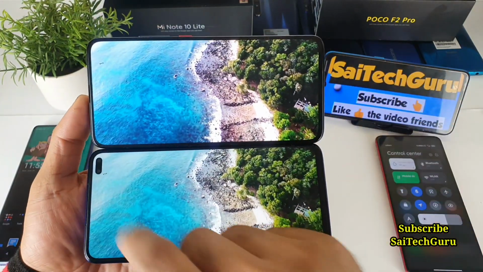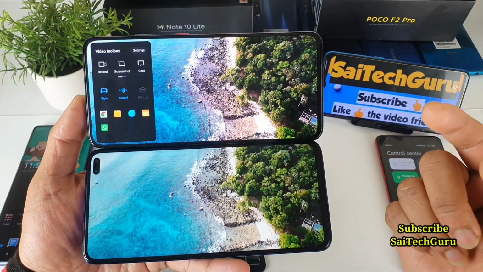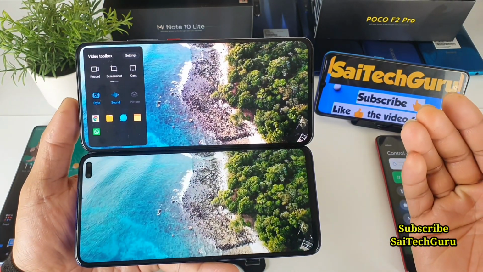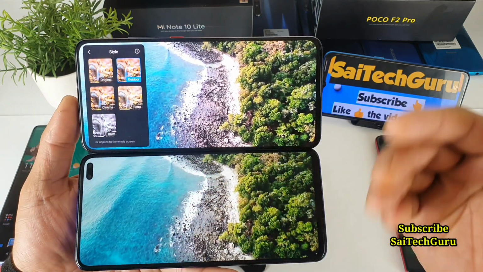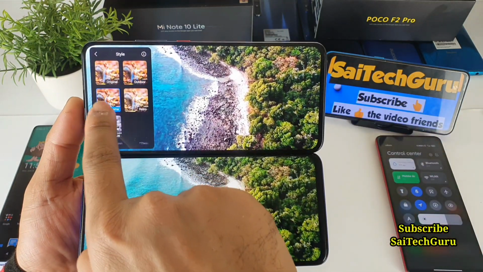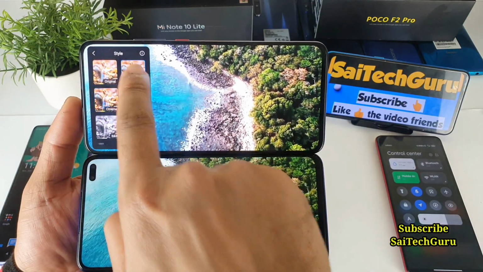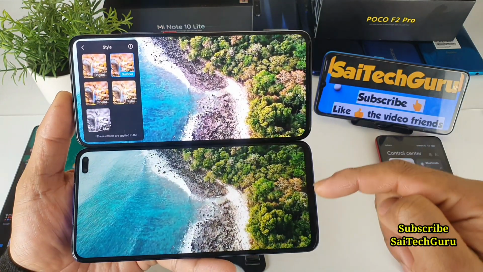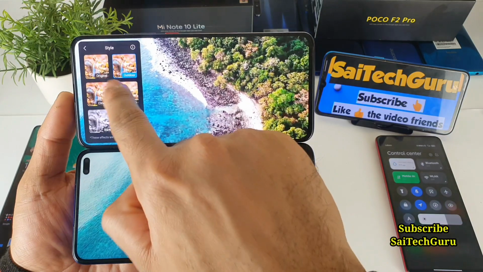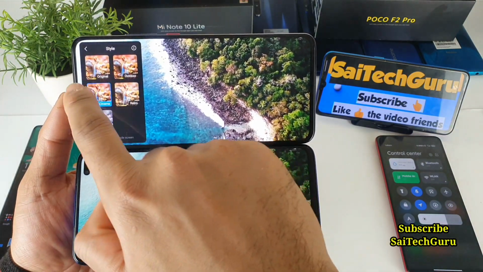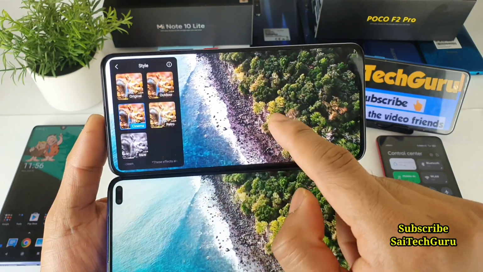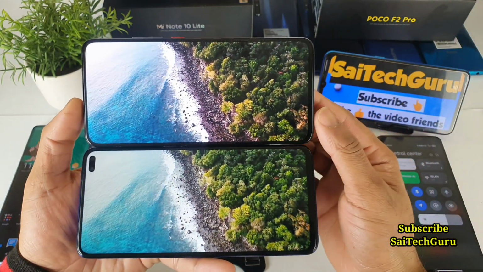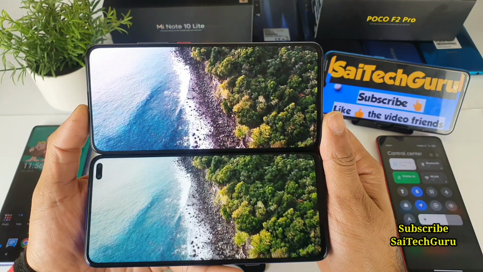One scenario is the video toolbox option, on which I'll be doing a separate review. It has an option to change the brightness significantly, as you can see how much difference there is in the brightness when you compare this to the Poco X2 device. You can set different scenarios, even a black and white mode as well. This is one good extra option which is available in the Poco F2 Pro, friends.